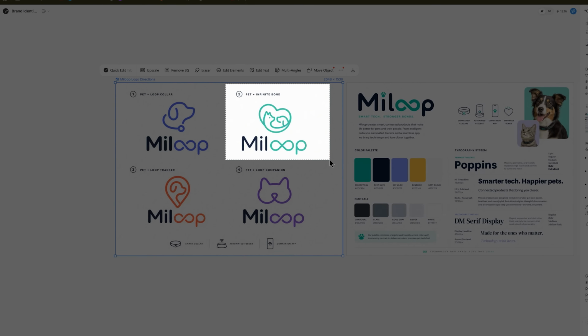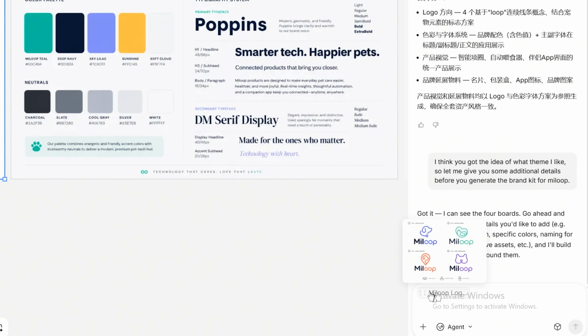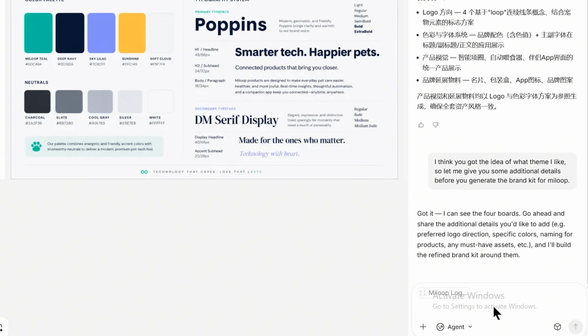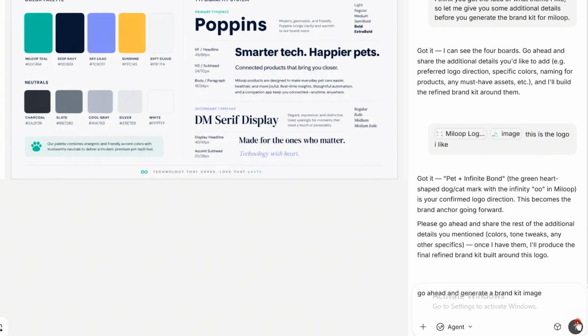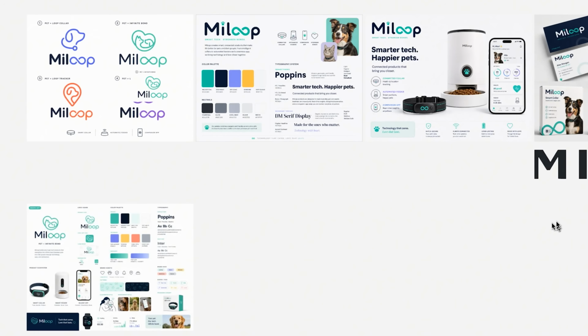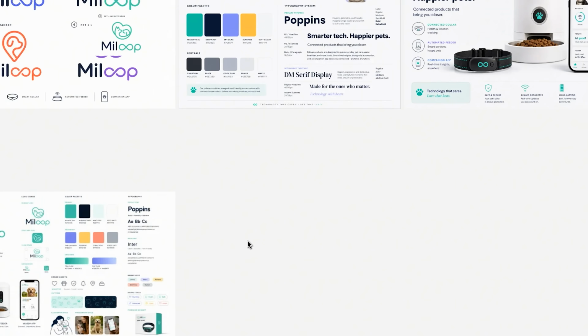So I selected this logo. I'm gonna click on it and I'm gonna take a screenshot of it. So it is automatically pinned. I'm also gonna paste the image over here. So for that I'm gonna press Ctrl V and I pasted a short description. So after telling all these details, now I'm giving it a prompt in which I am telling it to create a brand kit around this. And as you can see, it generated the brand kit for us with all the details.